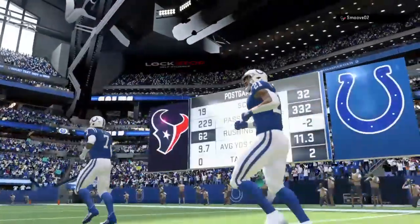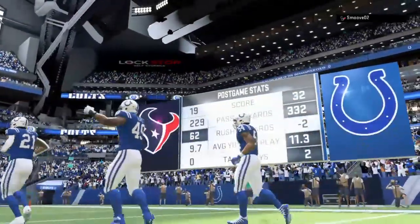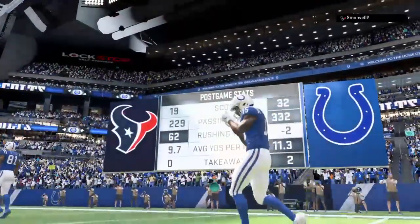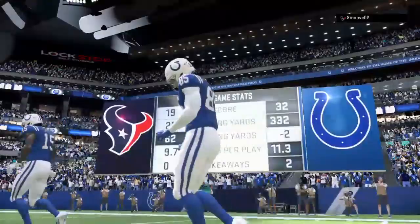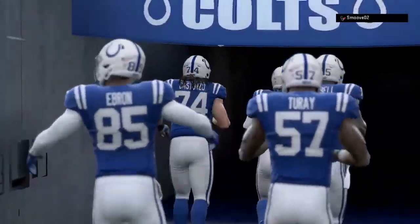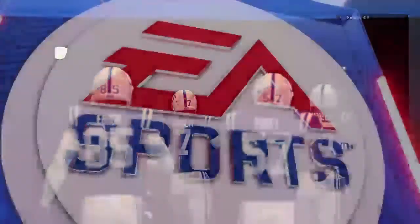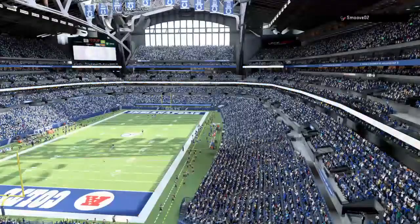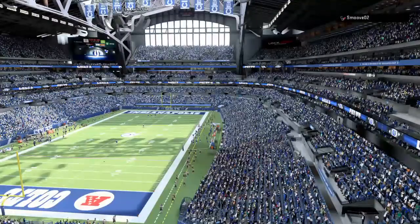So for Indianapolis, their good start continues as they get their record up to 4-2. And they'll get to stay home again next week. Meanwhile, for the Texans, they fall a game under the 500 mark at 3-4 through 7 games. And they'll get a chance to redeem themselves at home next week. So for our